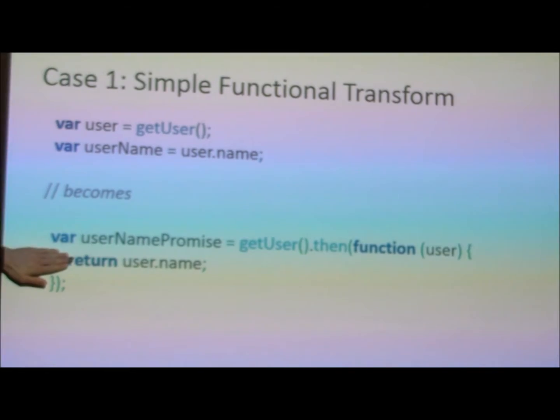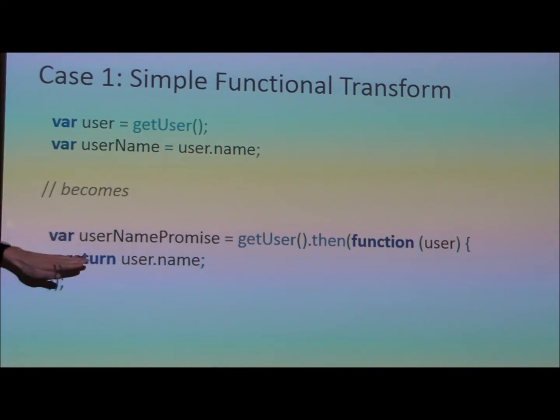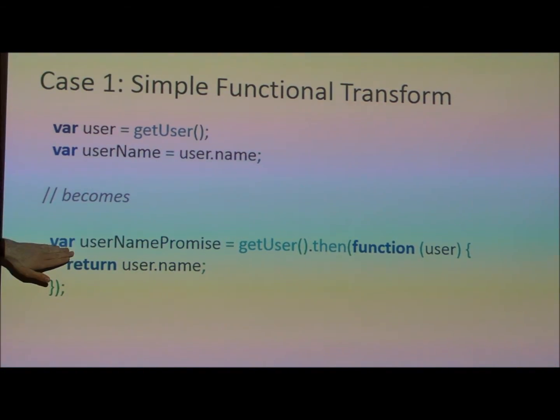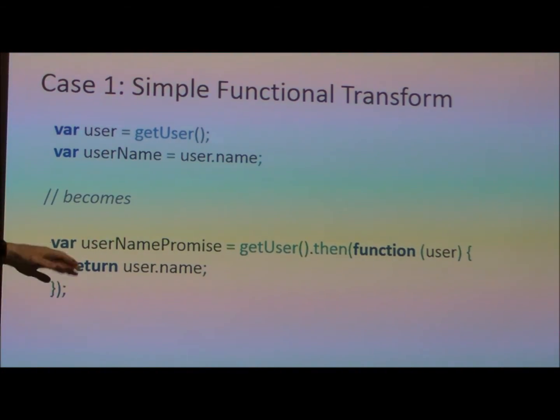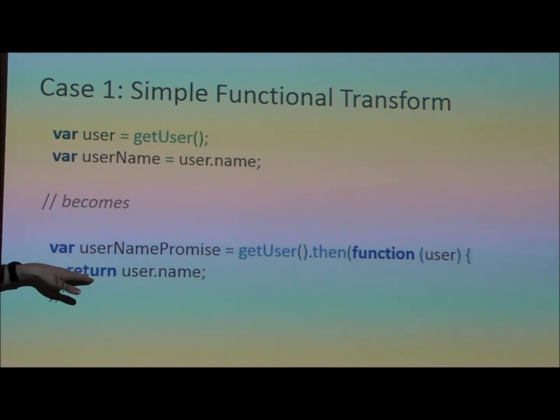Because remember, all this code runs like right now, the get user.then. This code runs later, once the user is back. So we have no way of knowing that there's going to be a string. So this is a promise for whatever happens here. And like he said, it could be an error, so it could be a promise for a rejected promise for an error. Or if everything goes well and we get a user, it'll be a promise for the user's name.